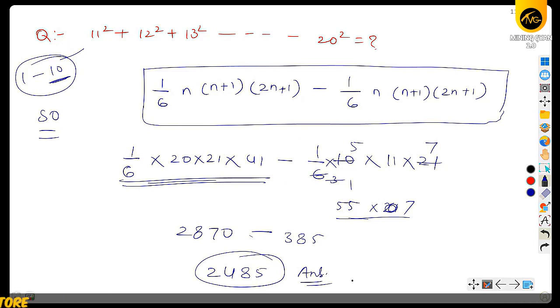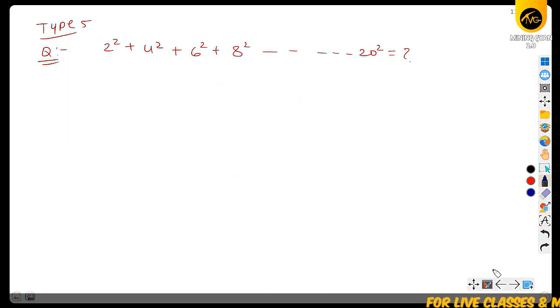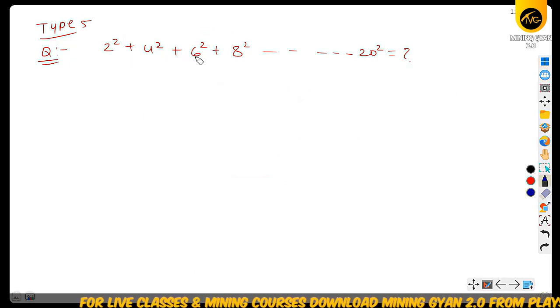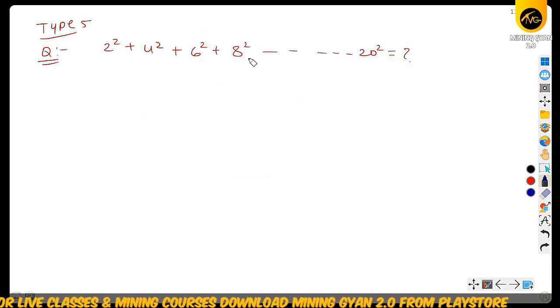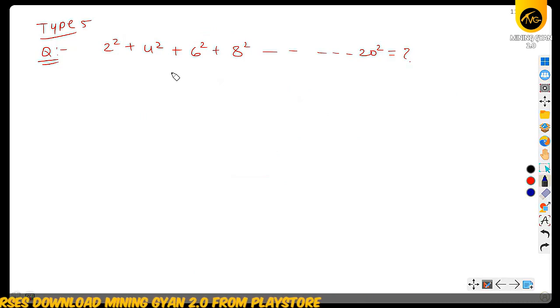Okay, now the last type of question is type 5. Suppose the square of any even number or odd number, like 2 square plus 4 square plus 6 square plus 8 square and so on to 20 square. This is basically the series of square values of even numbers 2, 4, 6, 8, like that. Now in this case again we have to use a similar kind of formula, but there is a minor modification